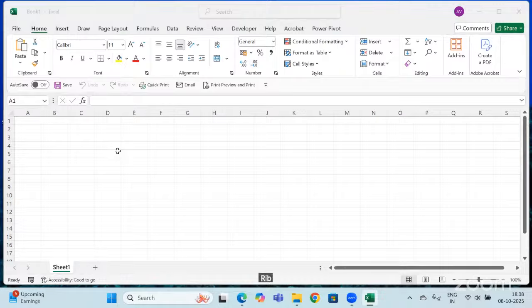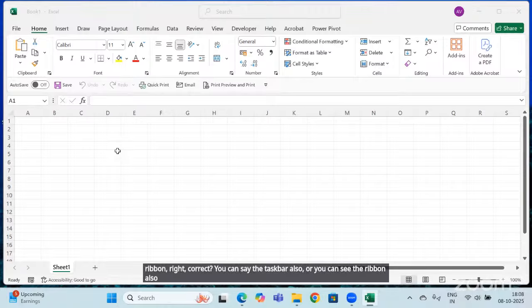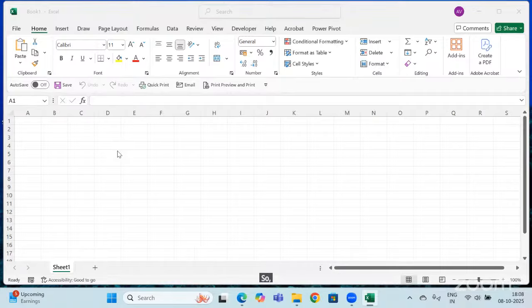Ribbon, correct. You can say the taskbar also, or the ribbon. So what is the work of the ribbon? We get the different tabs like home, insert, draw, page layout, formulas, data, review, view, developer, help, Acrobat, and Power Pivot.